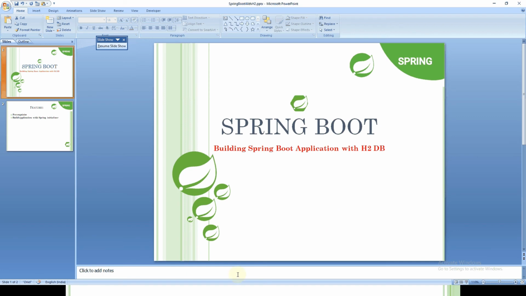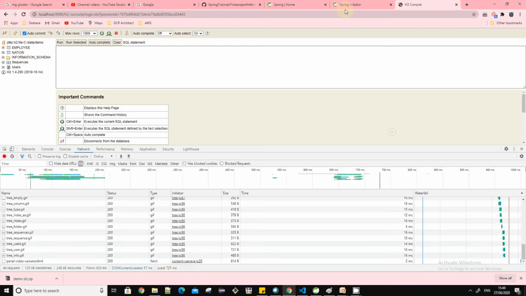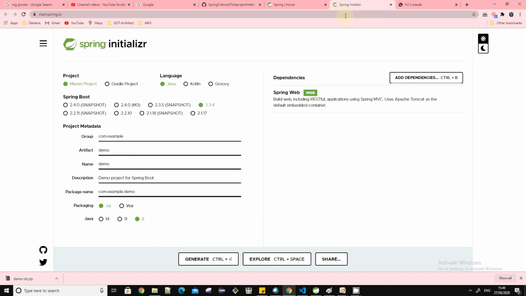There is a prerequisite that you should have Java installed, and you should have STS, Eclipse or IntelliJ on your machine, and then we'll build with the Spring Initializer very quickly. So let's move to the demo part. Go to the Spring Initializer portal, and then you can select the project, that is, I'm using Maven, then the language which you want to use, then the Spring version here, then give your group name, artifact name, name of the project, description of the project, and you can give a package structure of your project, and then the packaging method, whether it is jar or war.